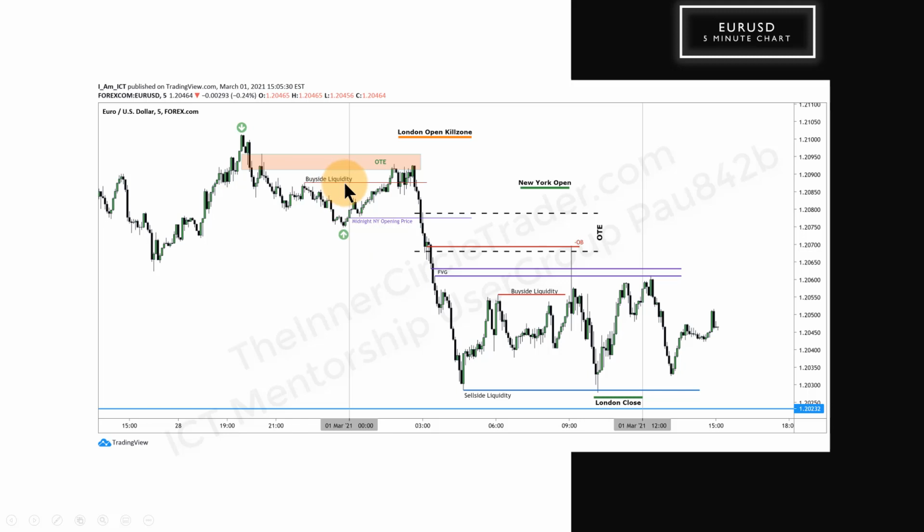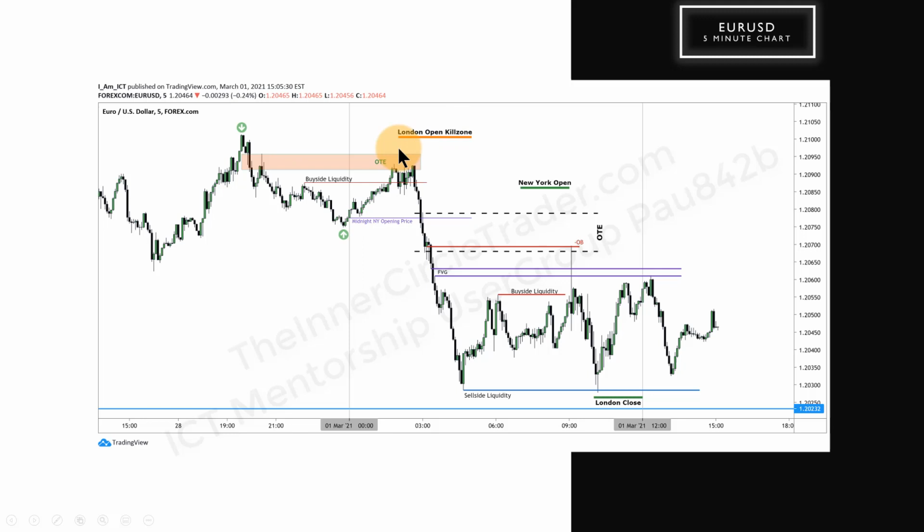Buy side liquidity pool resting above here, so it runs into that, into London open kill zone, creating the high of the day. Distribution. This is the opening price at midnight. So anything at that price or above is ideal for shorting. So right away we have a Judas swing sending us up into optimal trade entry,